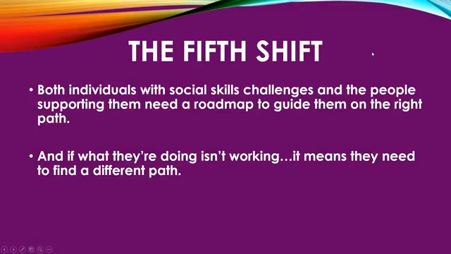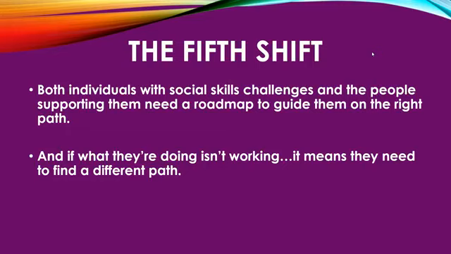So there's one more shift that I wanted to talk about today. So again, first, kids who struggle with social pragmatic skills want to have friends, they want to have relationships, they just don't know how. The second shift is that we have to teach them social skills if we want them to learn effective social skills. Three is that appropriate and effective are not the same thing. And so that is why sometimes behaviors that we might perceive as negative persist, because they're effective, even if they're not appropriate.